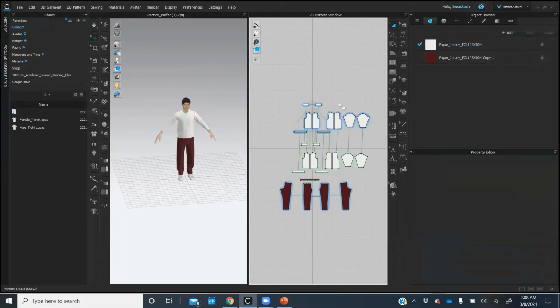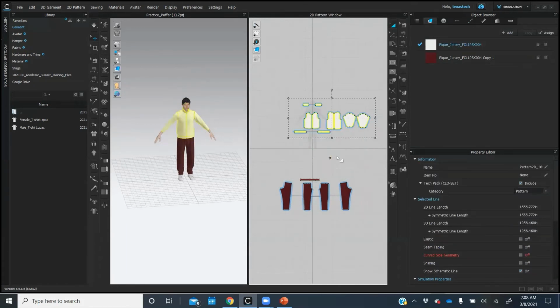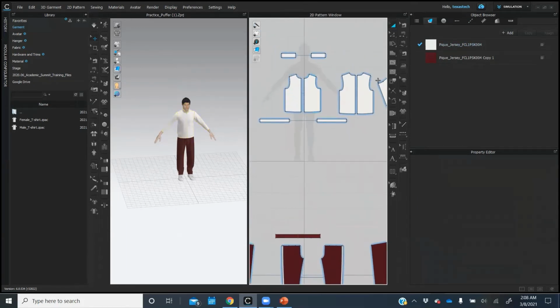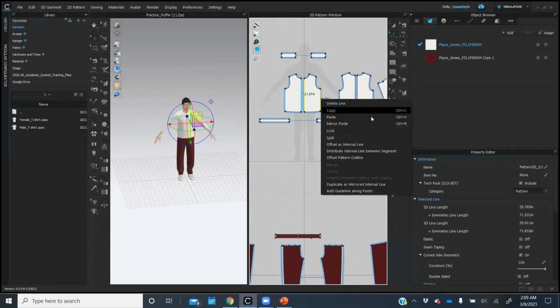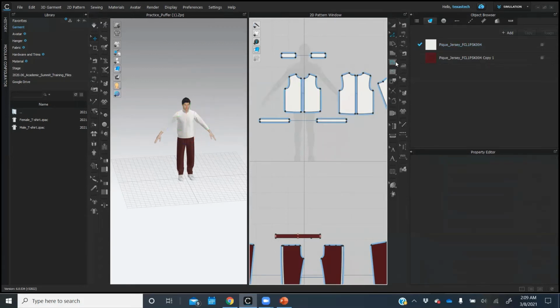Before that I think there is one more thing we have to do, that is creating internal line. So in order to create the internal line, we can choose the edit option, edit pattern tool, select this portion and just right click in one of those selected lines. Then we can use the distribute internal line between segments, or we can use some other tool, for example, the internal polygon tool. So if I choose this one and just randomly design that way,